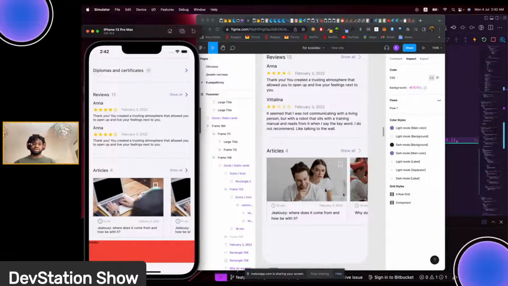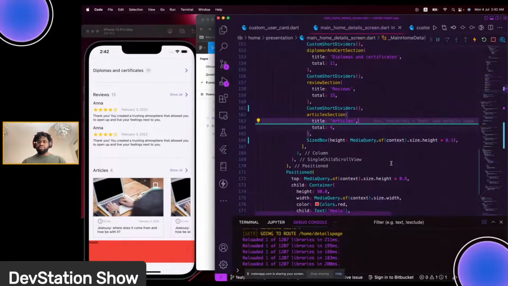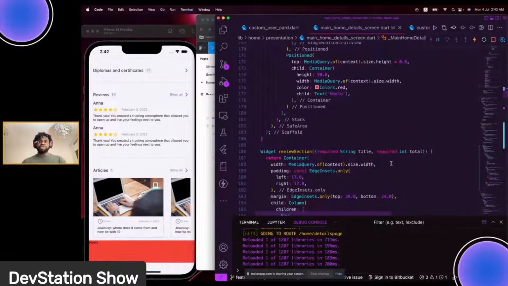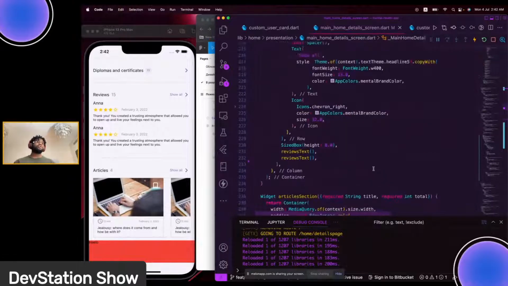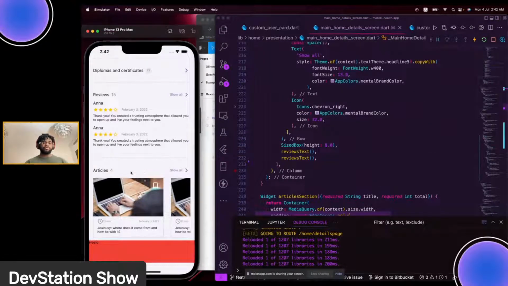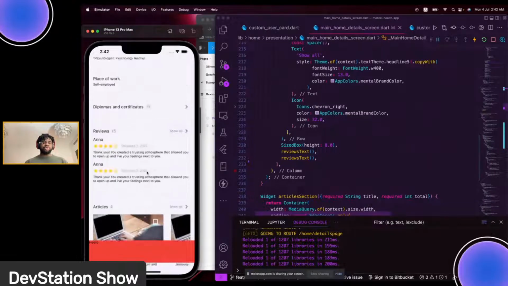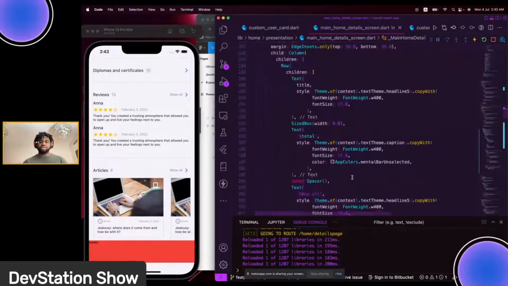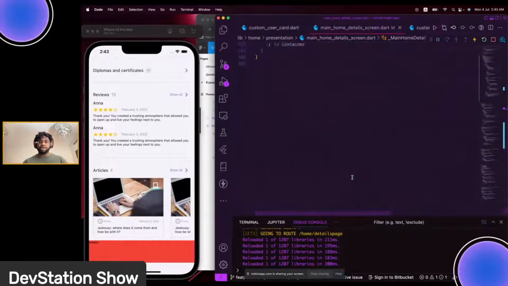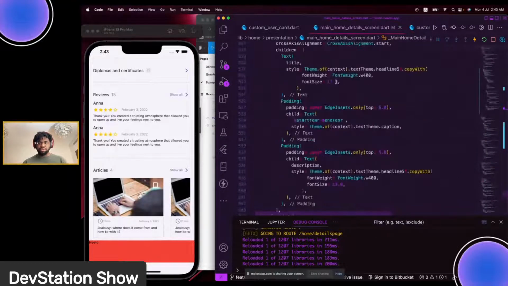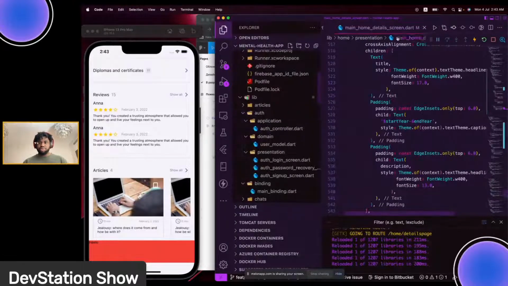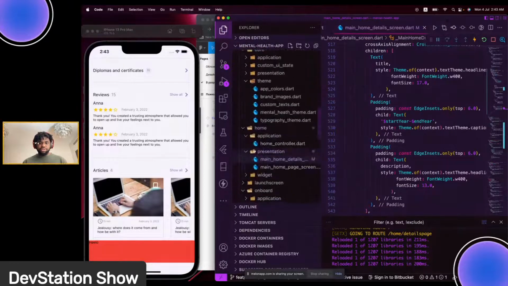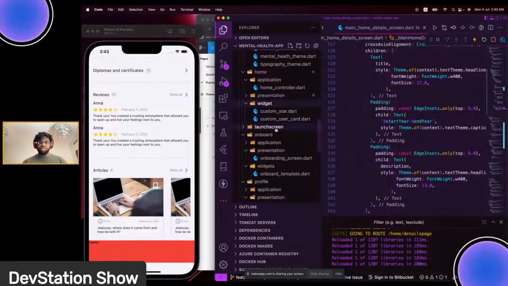Let's get on with the coding. Also, what we are going to do now is called code refactoring, since we are going to remove most of this code we have here and use one single custom widget to do this stuff. So let's go down. Here we have this presentation, and inside it you have a widget. And inside the widget, let's add what we call